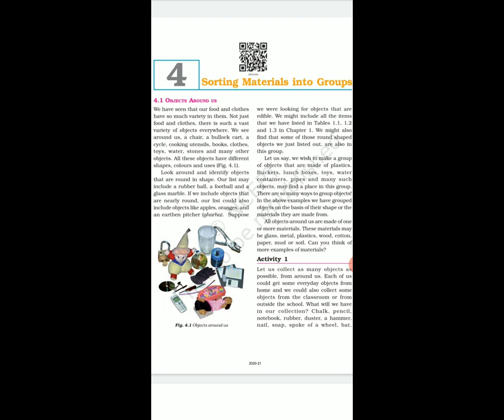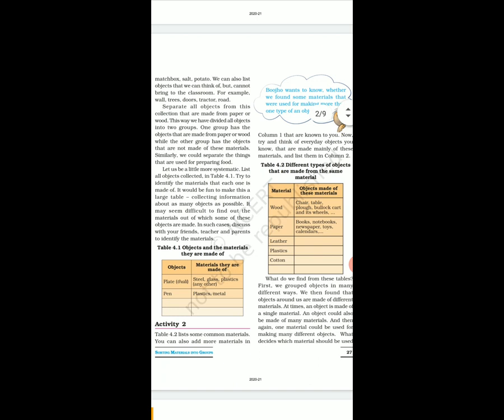If you are writing chair, it is made of plastic or wood. So you can write both, right? Then blackboard, it is of cardboard, right? So in this way, you can write the objects and the materials they are made up of. Now activity 2, what you have to do? You have to make a list of materials as it is given,